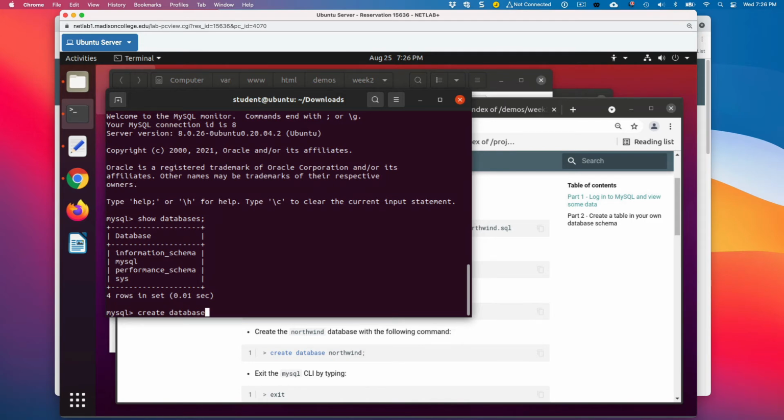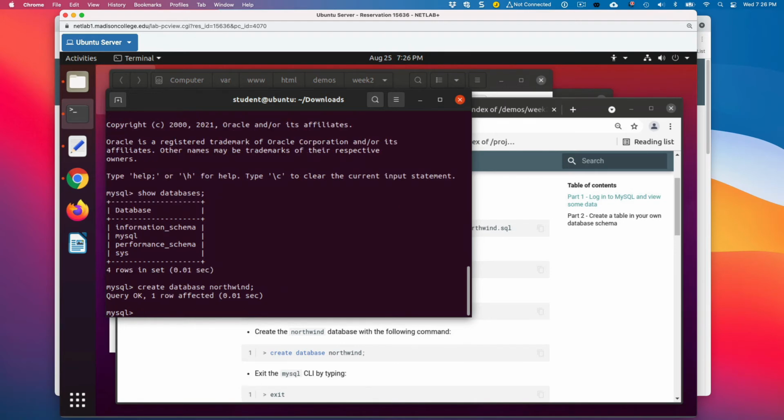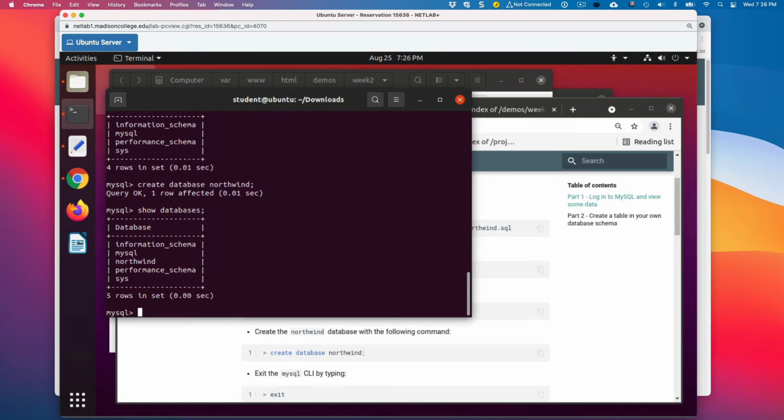These shouldn't be new to you. You should have learned this in your database 1 class. And then Northwind and end with a semicolon. Press enter and it says query OK. So we're good. I say show databases. You see I've got the Northwind database, but it's empty.